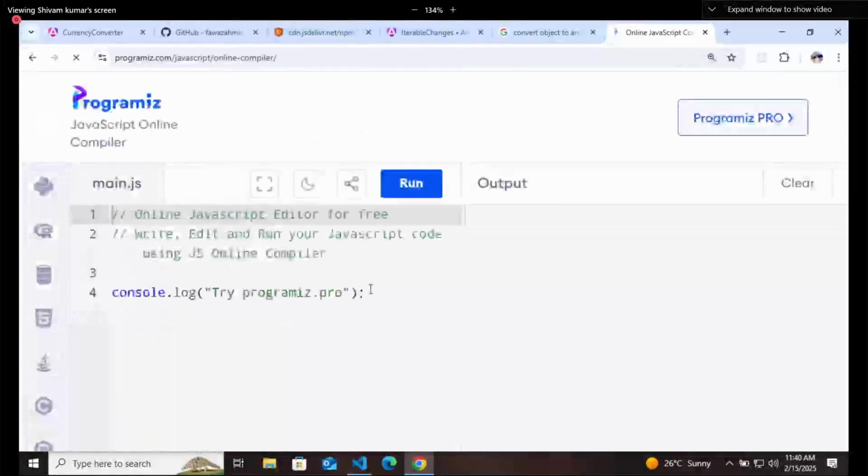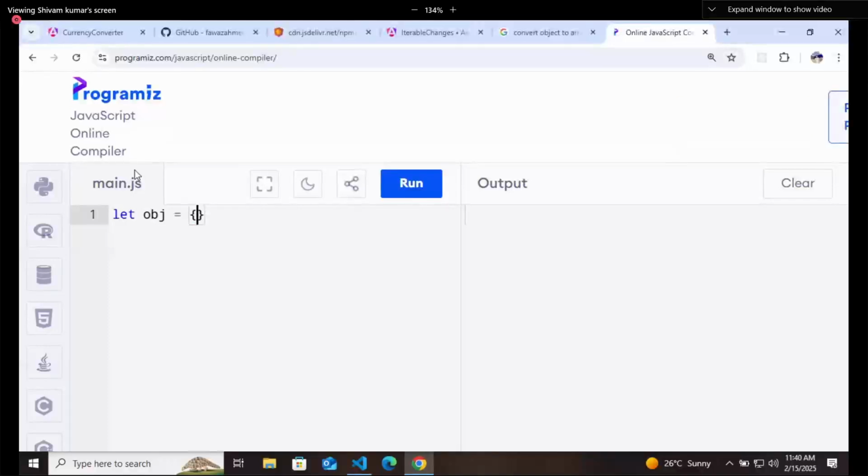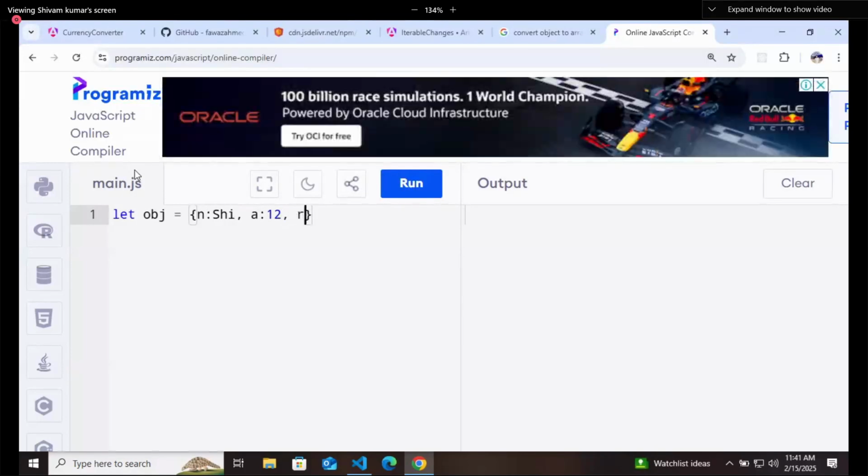If you know about objects, let's say I will create let object equals to an object something like this, with keys and values such as a colon 12. You have an object, and then you created an array, let array equals an empty array.